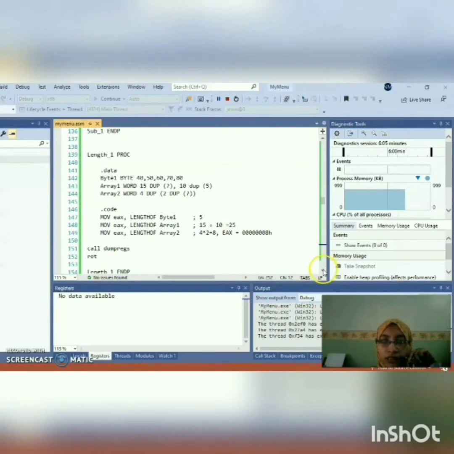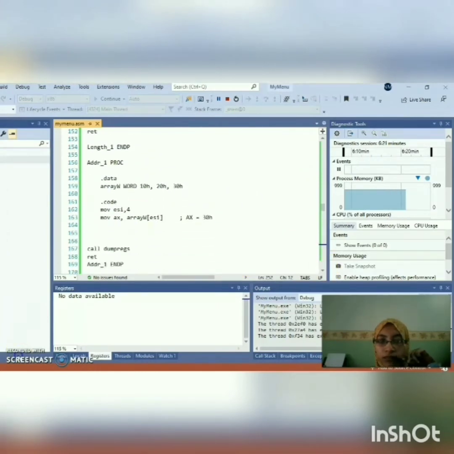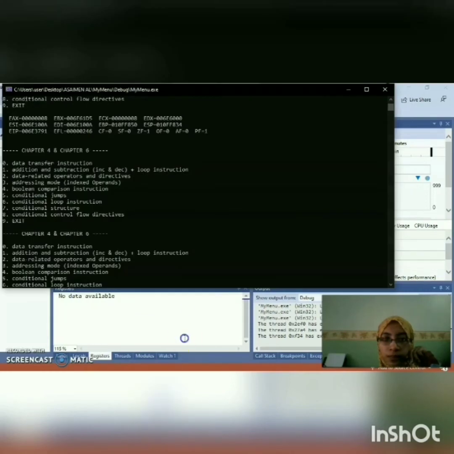Okay, next, the next case is indexed operand, also under the subtopic of addressing mode. MOV AX, arrayW[ESI]. So arrayW is word, which is 2 bytes, so 0, 2, 4. So the value of AX at ESI will be 30h. In the console,